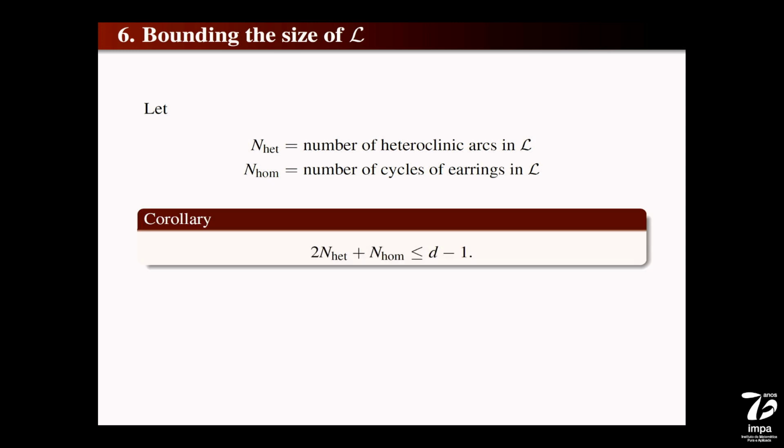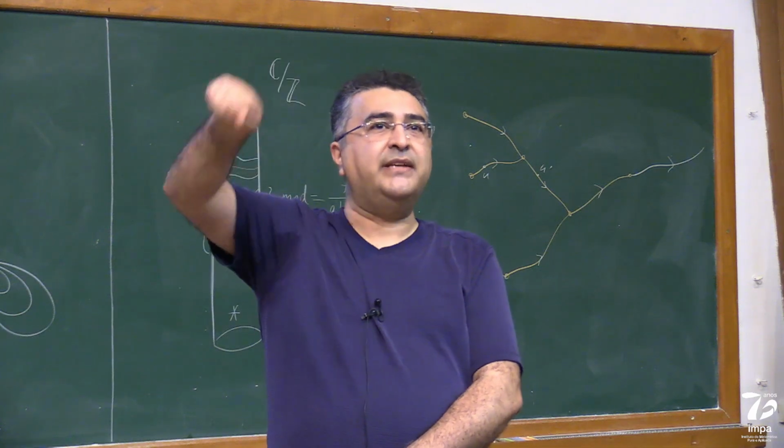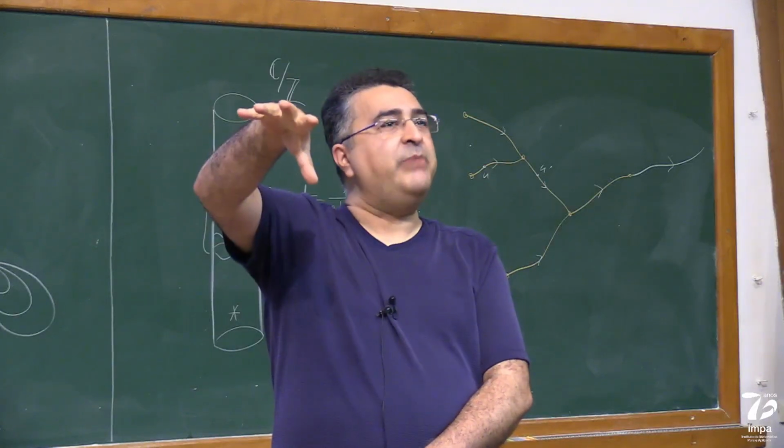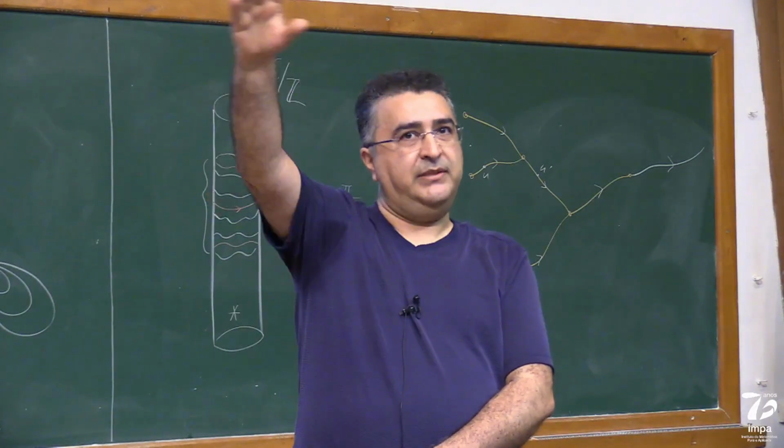Then the corollary of this construction is this estimate. Twice the number of heteroclinics plus the number of cycles of earrings is less than or equal to d minus 1,